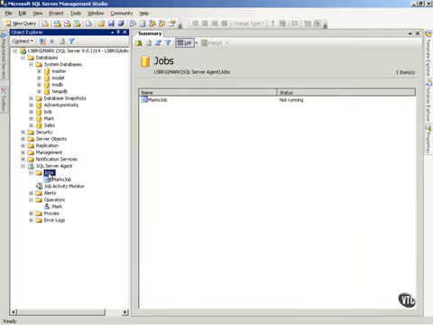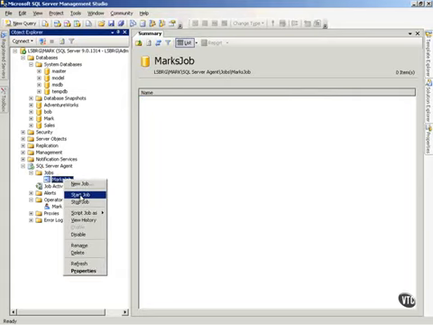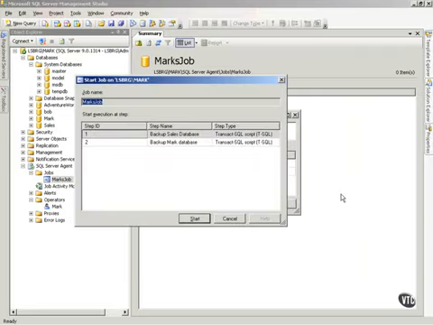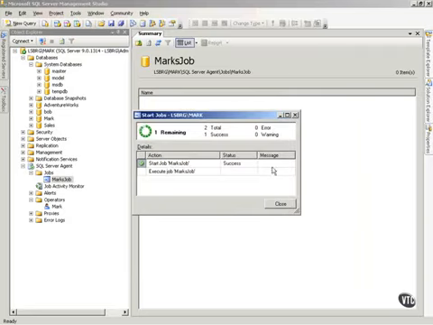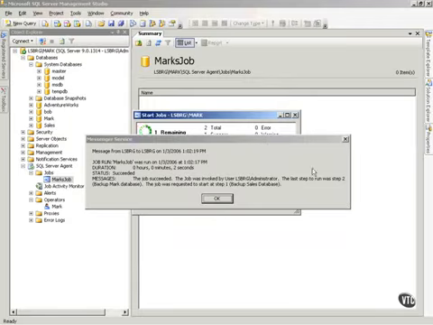Now let's go run this job. I could set it up on a schedule, but what I want to do is just kick it off manually. If you remember, I've told this job to back up 2 databases, and when it's finished, report it to me with a net send and write something into the Windows application log. Okay, so let's right click on the job, and notice I'll kick it off manually by choosing Start Job, and you'll see a status of success on